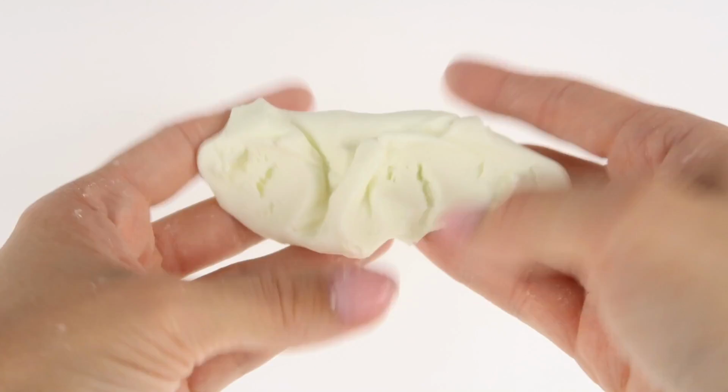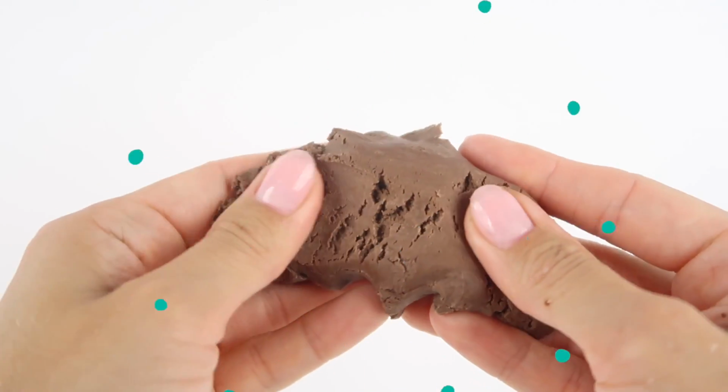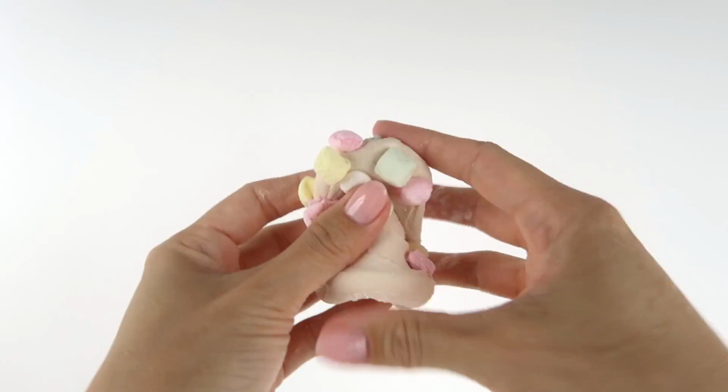Hi guys! This video shows you 10 quick and easy Play-Doh recipes that you can make using household ingredients. Please note that these are not slimes because they don't contain any PVA or borate, but they're just as fun